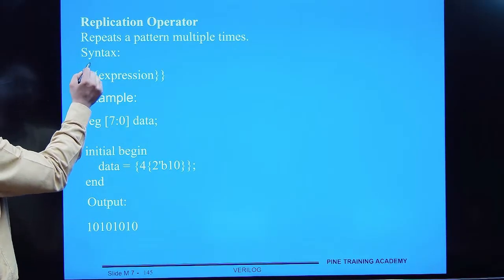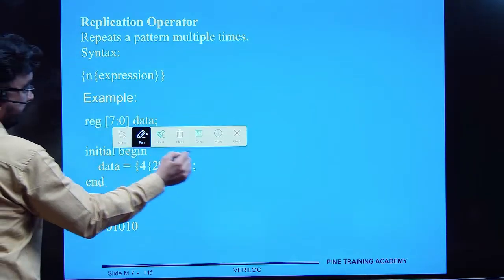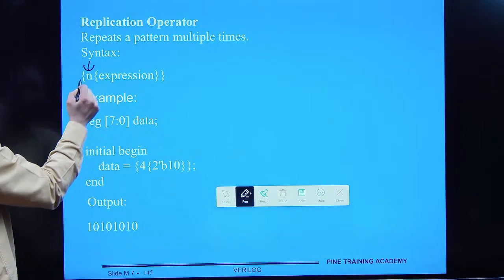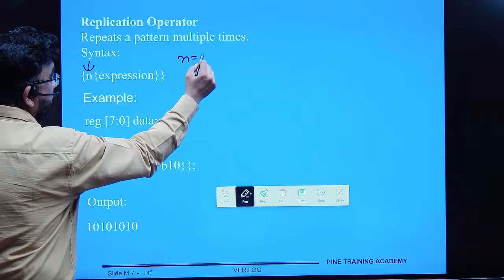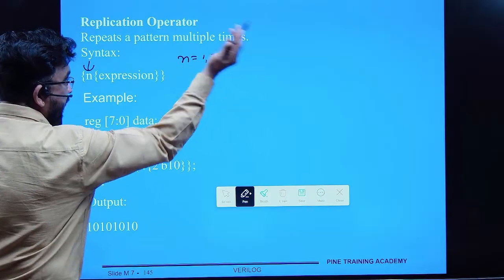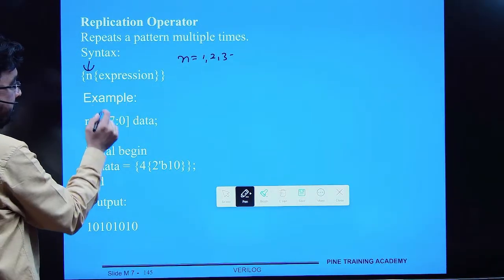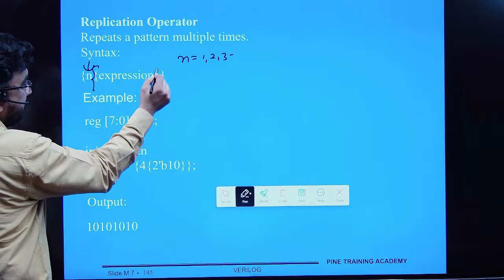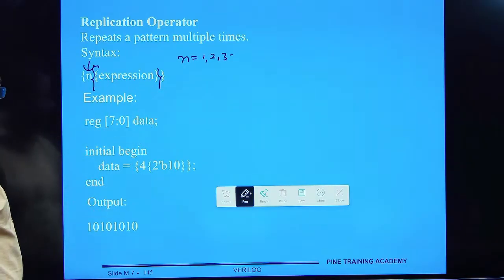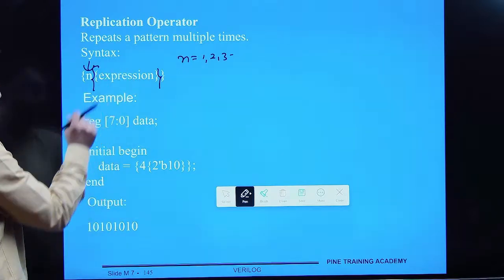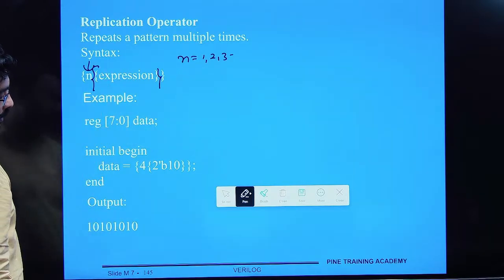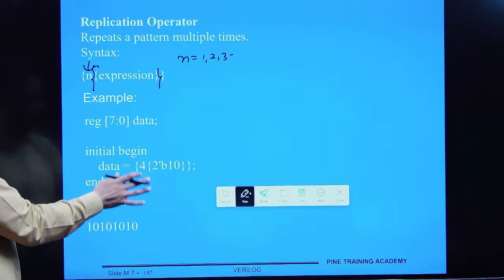Okay, this is basically your numeric number. Okay, n can be 1, 2, 3 up to any number. Okay, तो एक्सप्रेशन, अब आप देखो ये क्या है, ये बेसिकली एक तरीके से कहीं ना कहीं कॉन्केटिनेशन ऑपरेटर का रोल प्ले कर रहा है। ठीक है, तो अभी मैं इस एग्जाम्पल को लेता हूं, फिर एक अपने तरीके से एग्जाम्पल समझाता हूं।